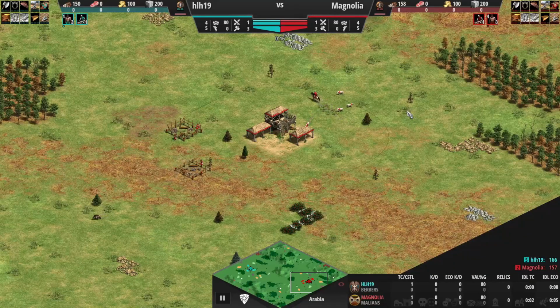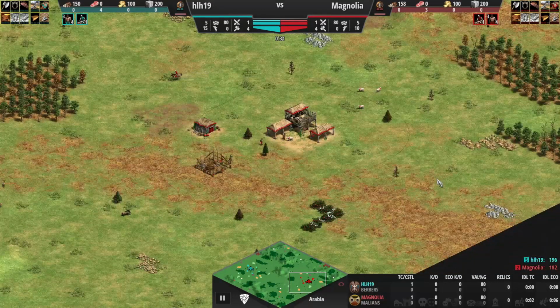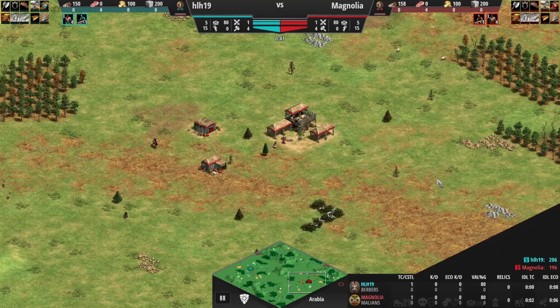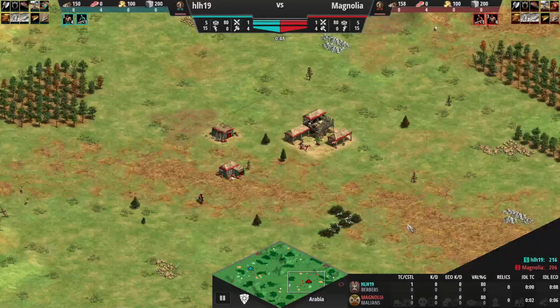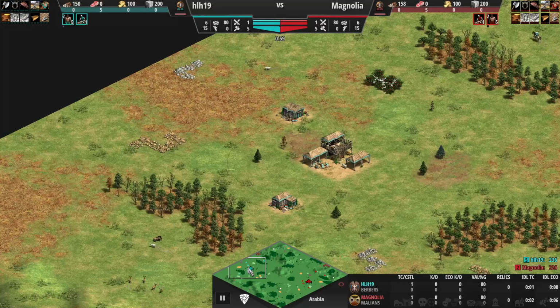So she is playing as the Malians. I think currently they're the second best civ in the game in terms of win rates. They've gone up quite far. I think they're above Franks now. I think Franks have dropped to third, and I believe Berbers are first. So 2 top tier civs have been chosen for this one. So we've got Magnolia as the Malians, we've got Hlh as the Berbers. So Hlh playing as teal